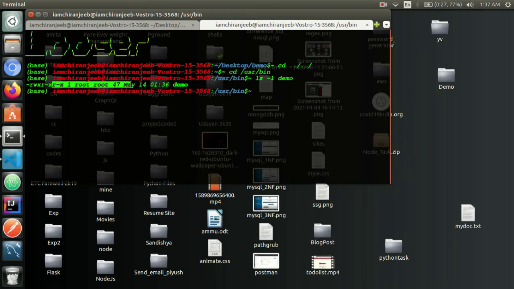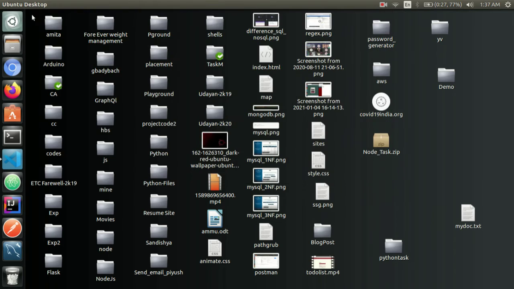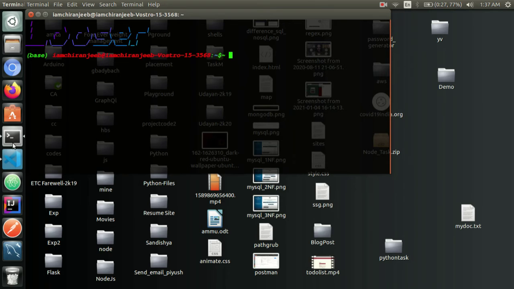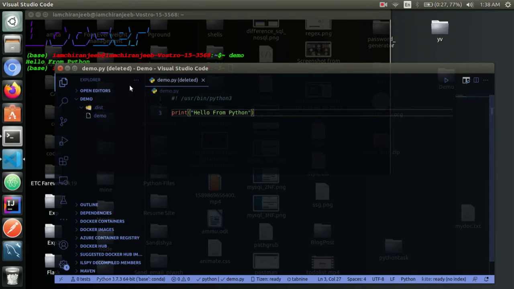You can see here. So now I will test whether this is working or not. I am closing these two terminals and again opening a new terminal and will type demo. See, this is working as a global command of my Linux OS. Hello from Python, what I have written here.